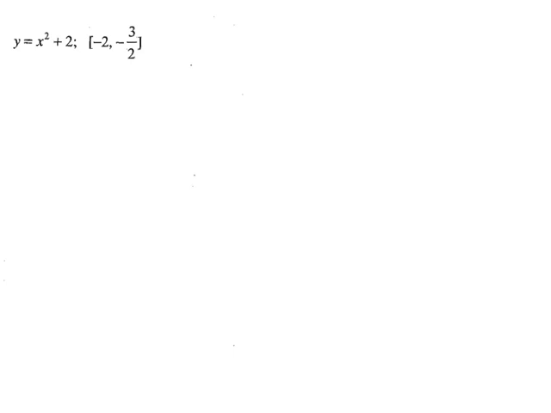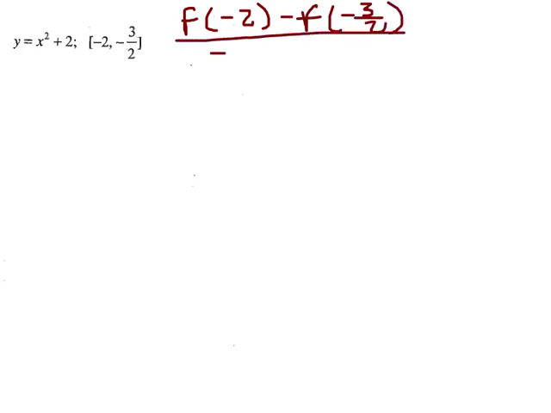So when we're calculating this, remember we want to do f of negative 2 minus f of negative 3 halves all over negative 2 minus negative 3 halves. Remember, rate of change is the same thing as slope. When I start dealing with fractions, I like to first deal with my numerator, then my denominator. So here, if we look at our numerator,